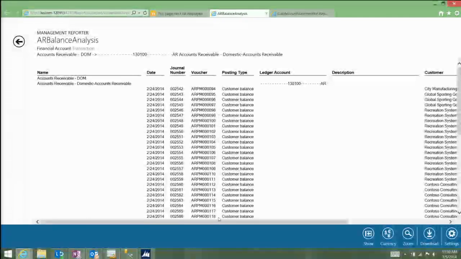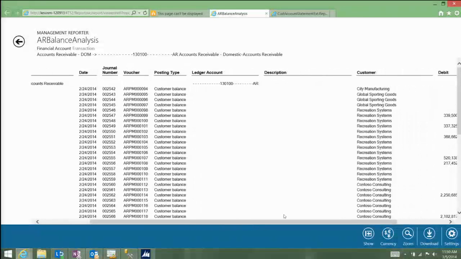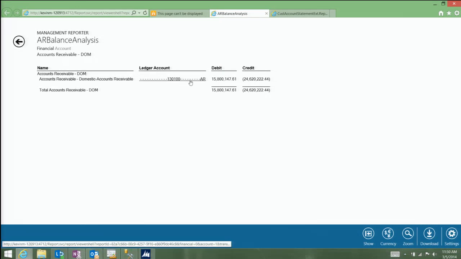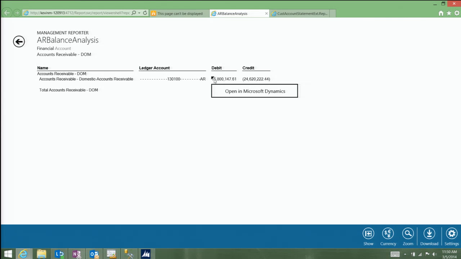So you'll notice that I'm not only seeing the general ledger balances, I can see the customer information all inside of this Management Reporter report. The other thing I've got the ability to do, let me just back up one here, is if I want to look at the detail inside of Microsoft Dynamics AX, you'll notice I've got a little caret in the top left-hand corner.